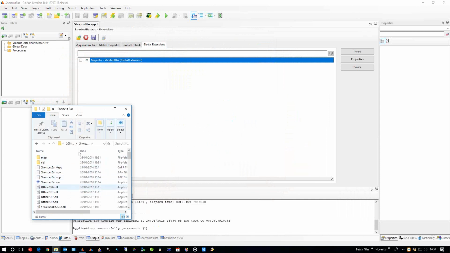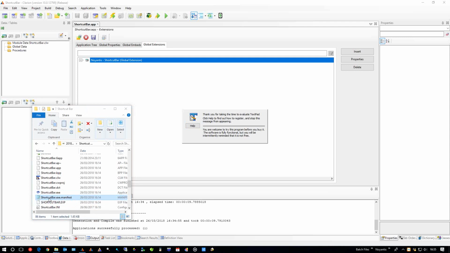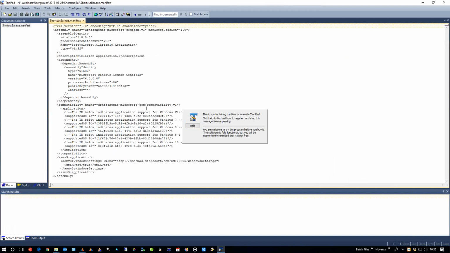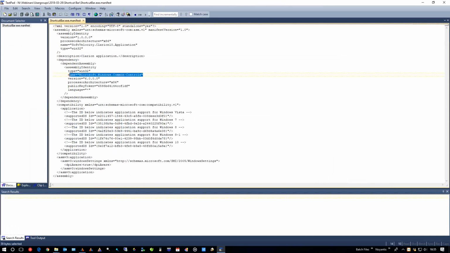And have we got a manifest anywhere? Yeah. So we've got a manifest. For that, we'll open the application manifest up, and it's just an application manifest, which you would expect. Generated by Soft Velocity by Clarion, and there it is. General things like what controls within Windows do you want to use, so it's more of a visual setting and so on. We can see that's Soft Velocity stamping there, what type of application it is, and so on and so forth. So standard manifest, we'll leave that open,